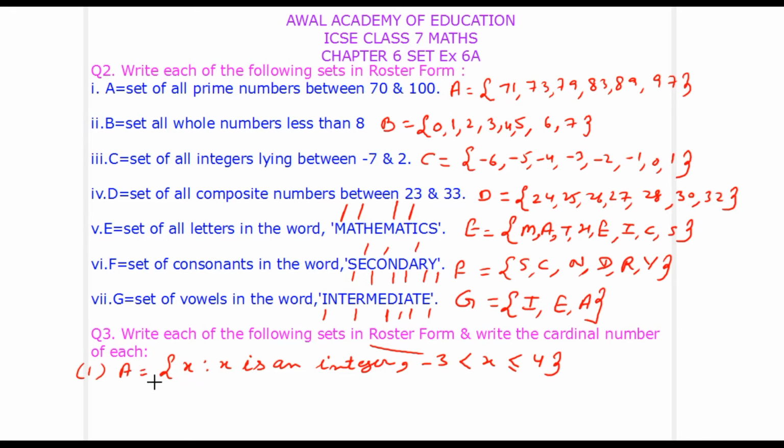I am going to write it here so that you can understand it easily. A is the set of all those X, such that